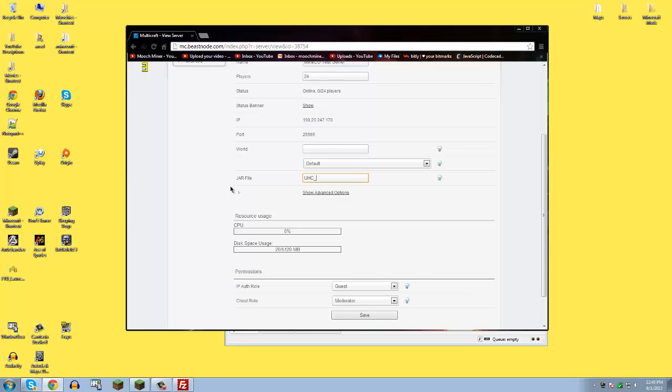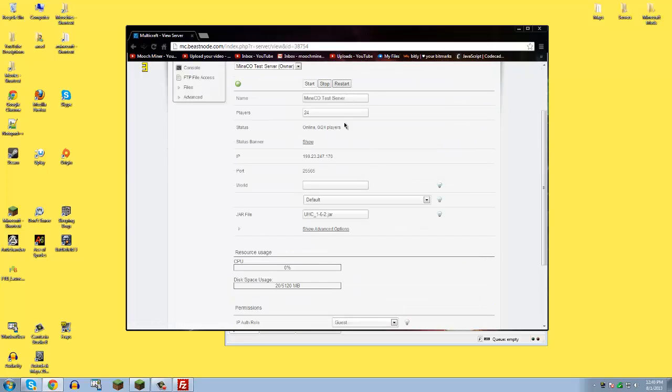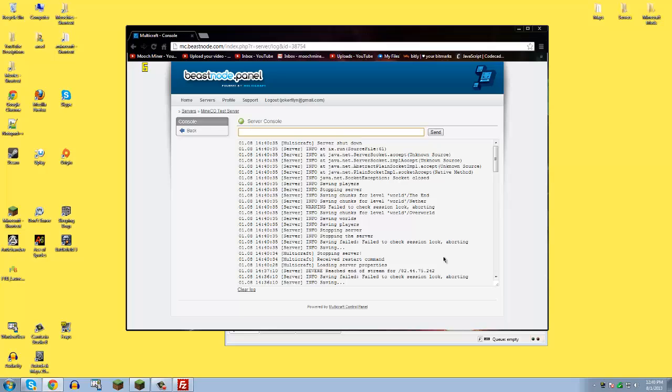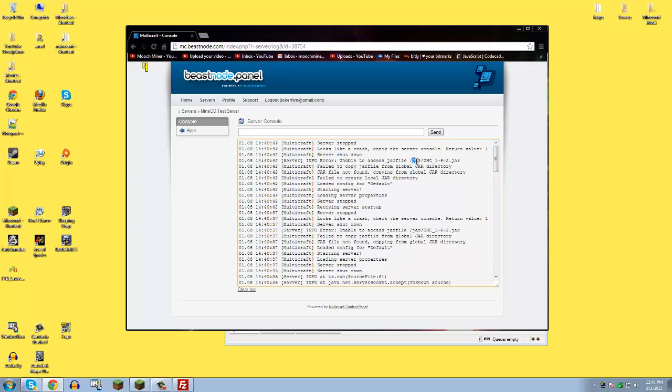I'm going to do UHC_1-6-2.jar, and then go down here and click save. That'll save it, and now this is what jar it'll use. Click restart, and I like to go view the console just to make sure no errors happen. The server shuts down because it's unable to access the jar file,